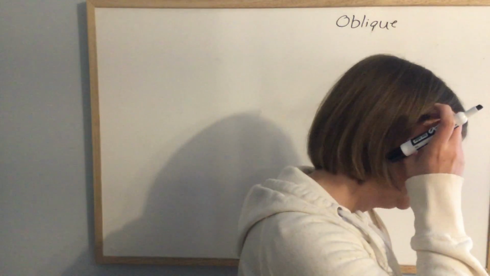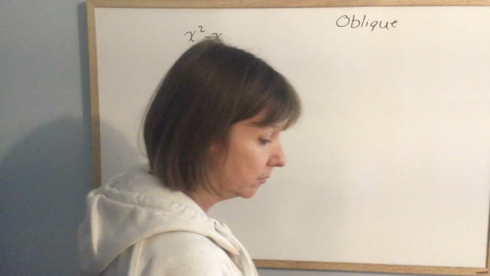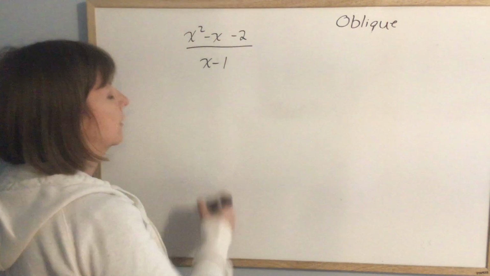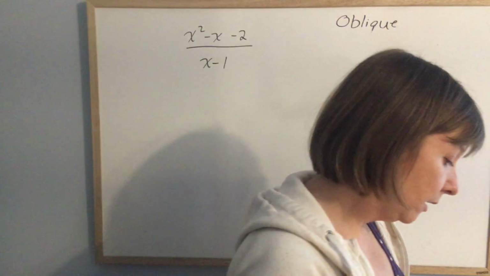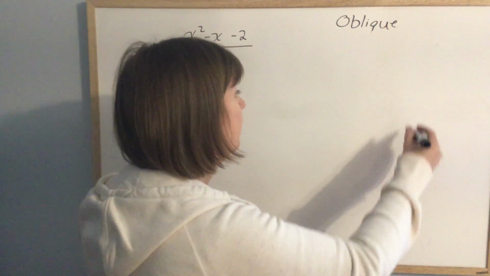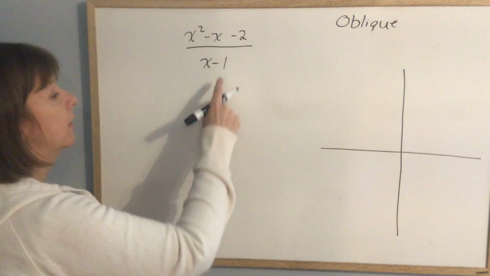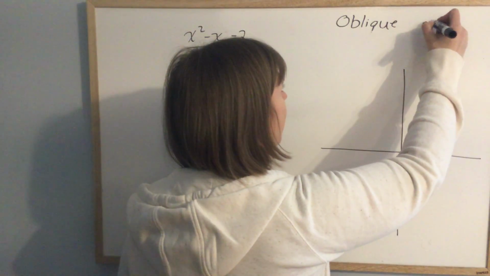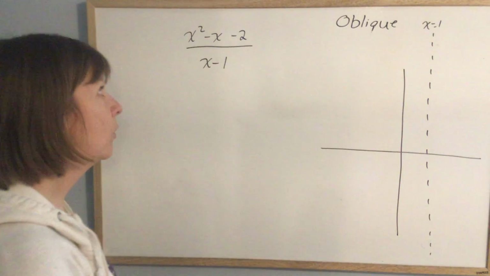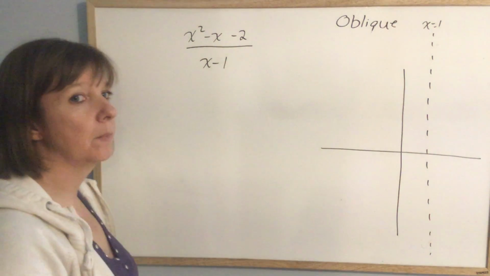All right? So x squared minus x minus 2 over x minus 1. So again, there would be a vertical asymptote where x is 1, because 1 take away 1 would give you 0. So where x is 1, there is a vertical asymptote. There's no horizontal asymptote, but because the degree on the top is 1 bigger than the bottom, that means there